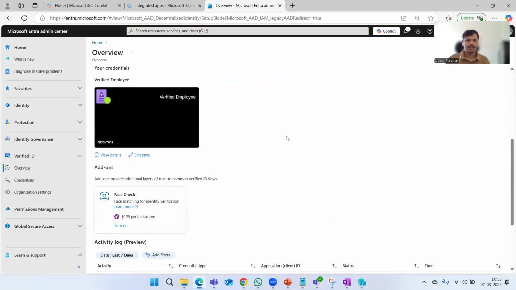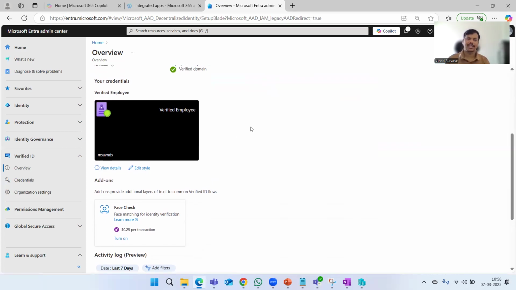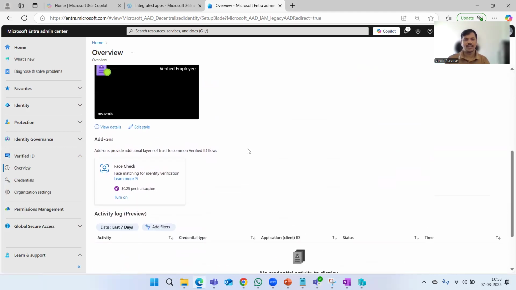And then here's the verified employee verification credentials, which is created by default for us. So it creates the verified credentials, and those credentials can be used. At the bottom here is the add-on capability. Even this needs the P2 license, and it is going to cost you 25